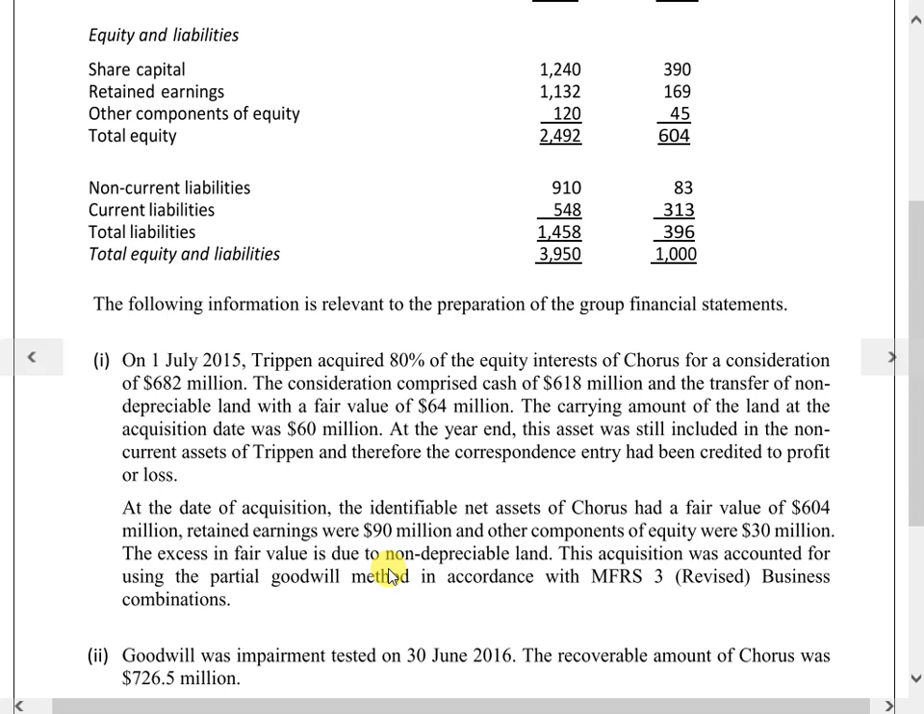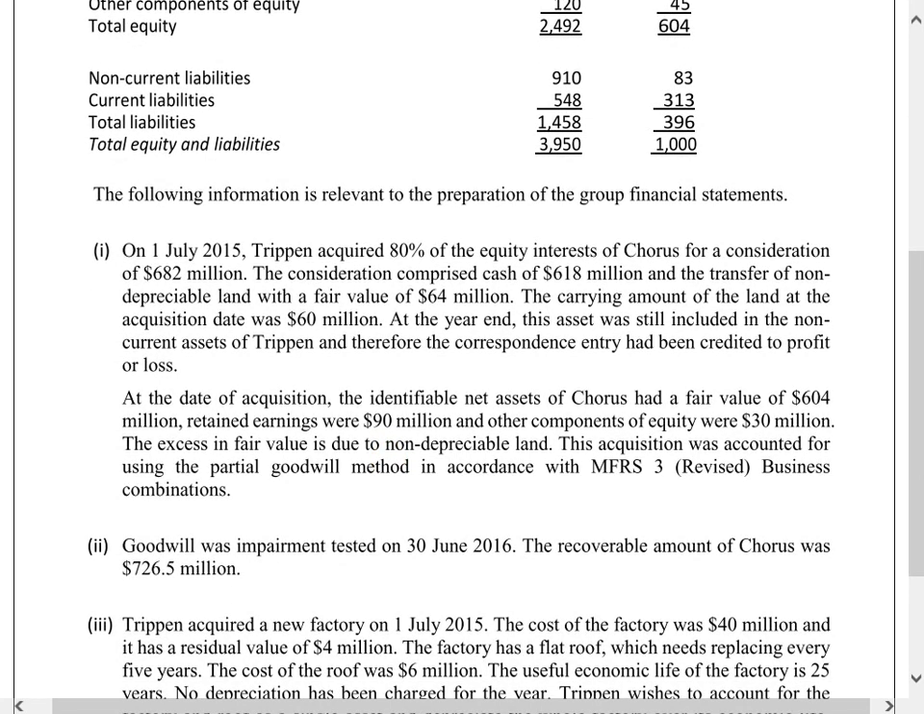And note one. This one we're going to audit through only. I'm not going to do this. So on the 1st of July, beginning of the year,